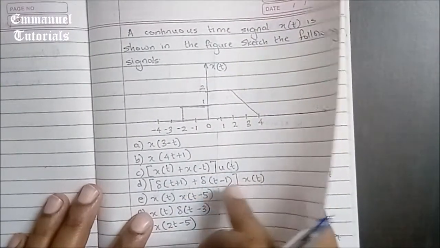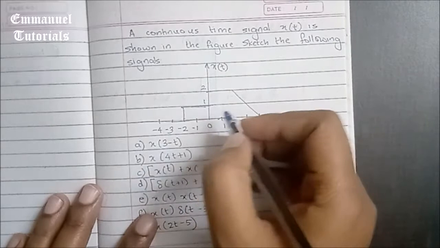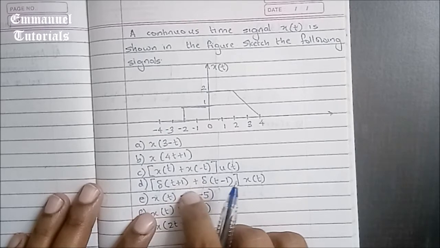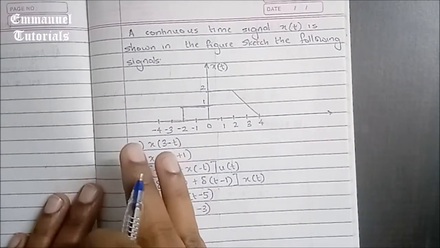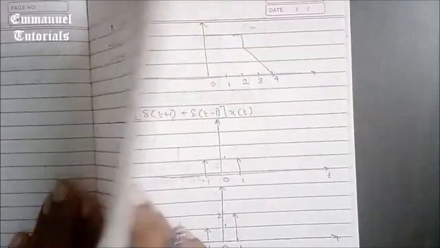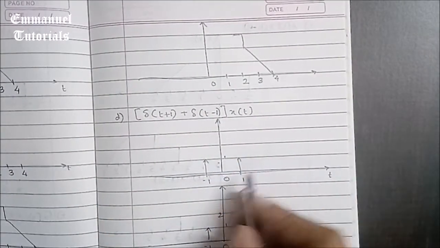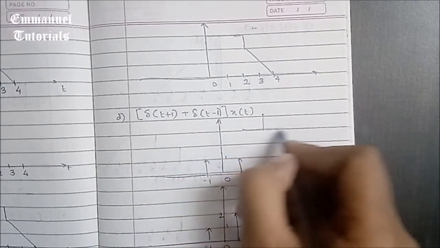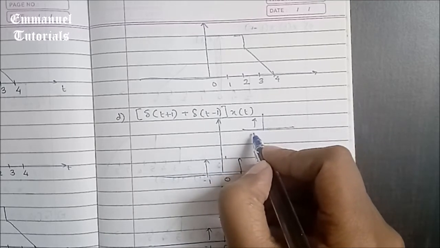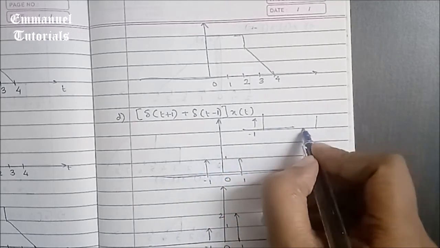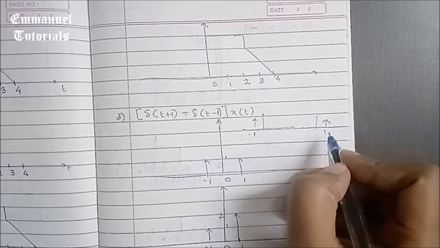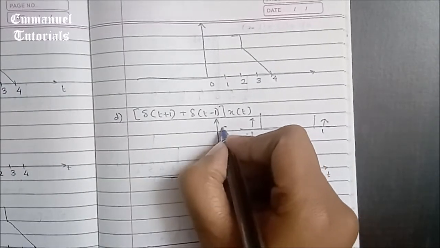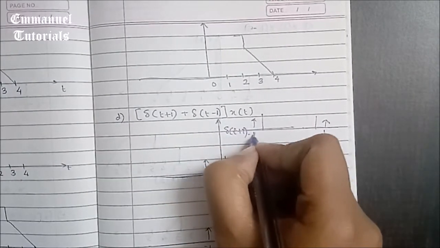Now the unit impulse signal, you know, is of amplitude 1 at 0. But when you shift it by plus 1 and minus 1, plus 1 means you are advancing it by 1 and minus 1 means you are delaying it by 1. So this is how your signal is going to look. If you take separate signals, this will be del of t plus 1 and this will be del of t minus 1. And then you add both. When you add both, you get this signal. So this is del of t plus 1 plus del of t minus 1.